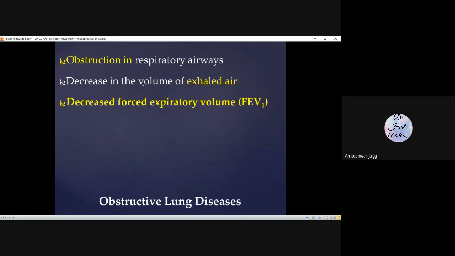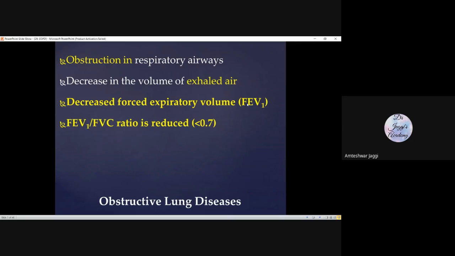And if you measure this in the laboratory using the spirometer, this is the value that comes. That is called forced expiratory volume. This is the laboratory value that comes when you go for the lung test. There's a decrease in this value. This is the characteristic thing. So if asked what is decreased in obstructive lung diseases, you will say this is the thing which is reduced: FEV1, the most important parameter. Again, I am telling you, the most important parameter is the FEV1.